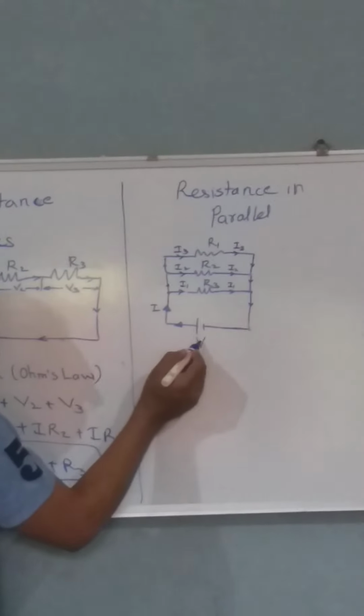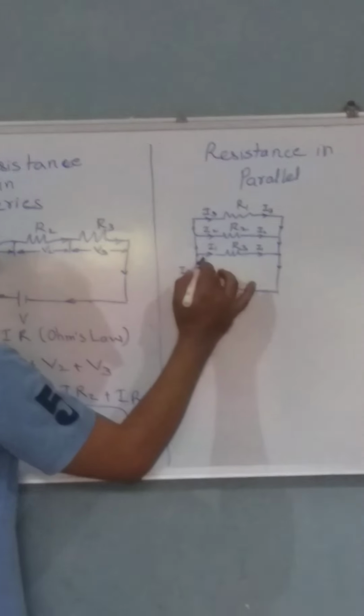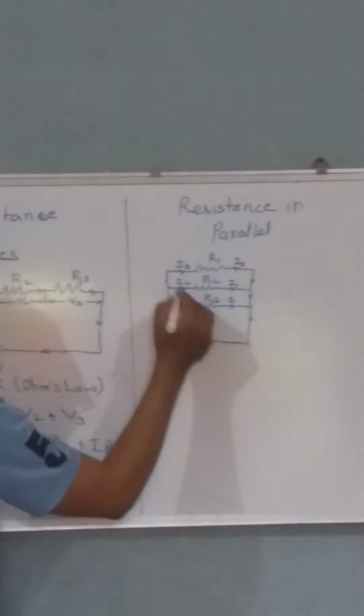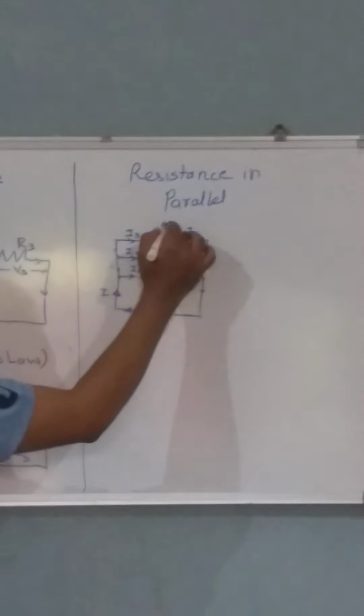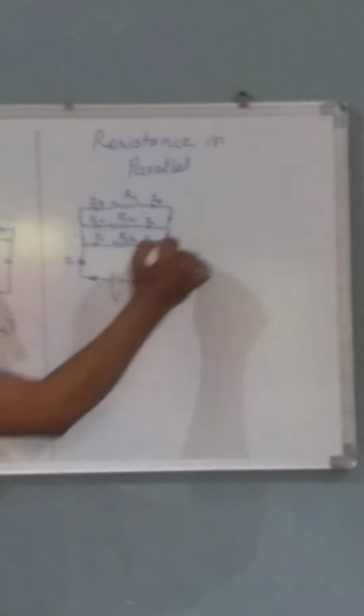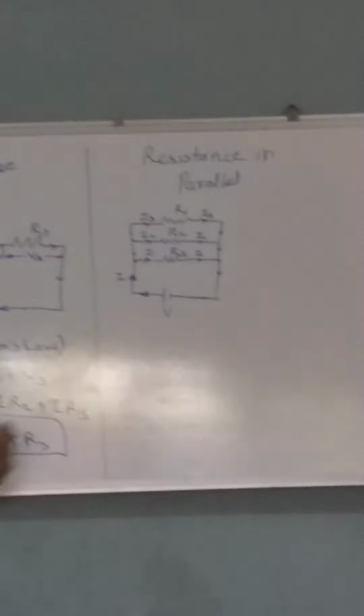Now observe the second circuit. We have a voltage V, the battery source, and as far as Kirchhoff's current law is concerned, you can consider these as nodes. The current I will be divided into three, I1, I2, I3, if resistances R1, R2, R3 are connected in parallel. Observe the circuit: this is I1, this is I2, this is I3. They come to this node, and finally all these currents get combined to give the final current I.